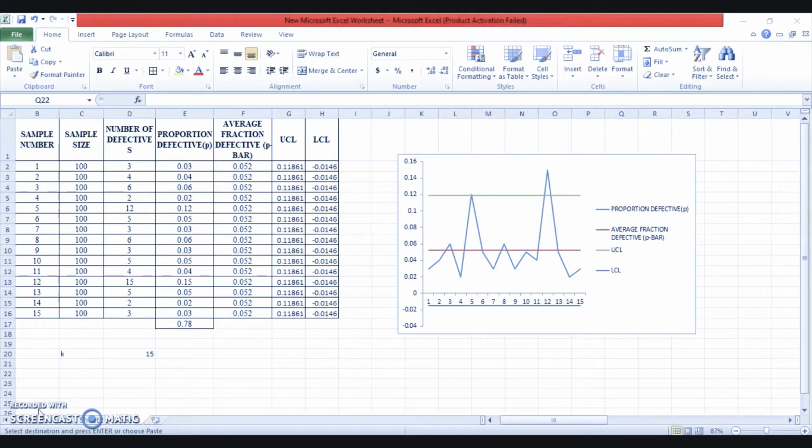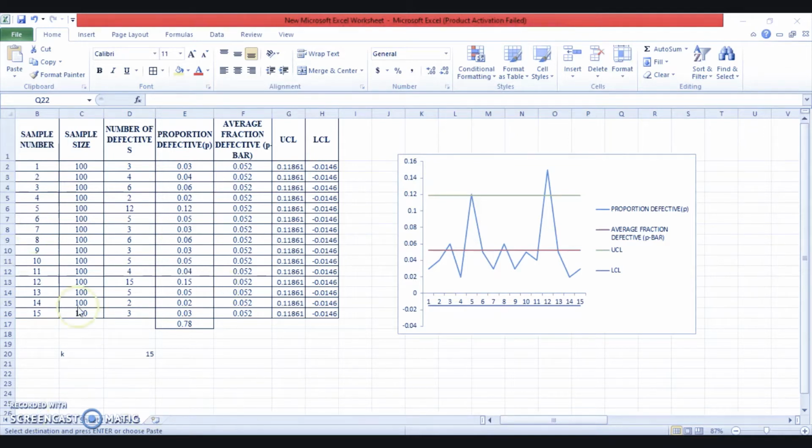to eliminate those causes. Once this is done, we remove those out of control samples and calculate the revised central line, upper and lower control limits for the P chart using the remaining samples. These limits are known as the revised control limits. You can relate it with the control chart for variables, where we also found the assignable causes, took the corrective action, and renamed the limits as revised control limits, right? So here also we'll do the same thing.